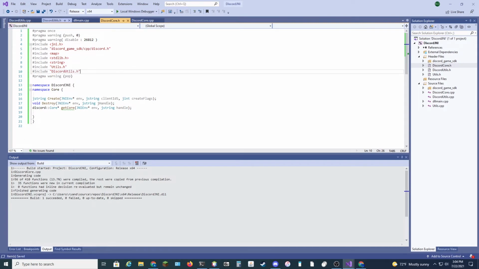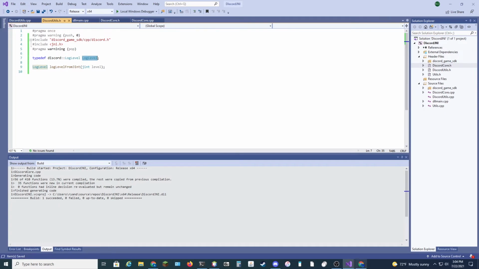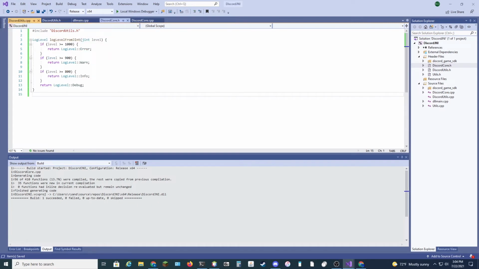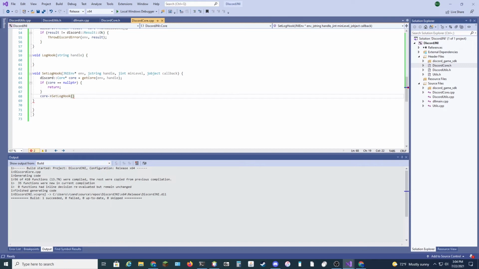And why isn't this header file up to date? Oh well. In any case, over in Discord core, SetLogHook requires first of all the min level, so log level from jint min level, and a function which is the hook. So